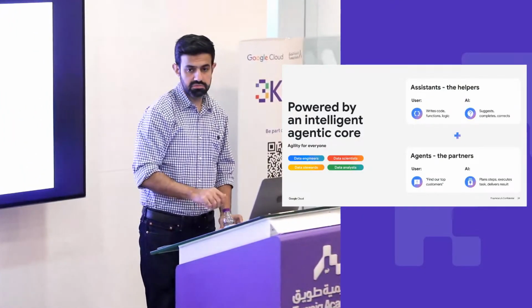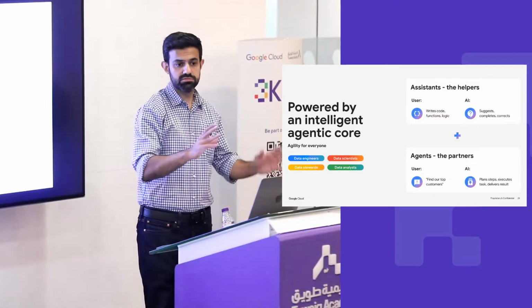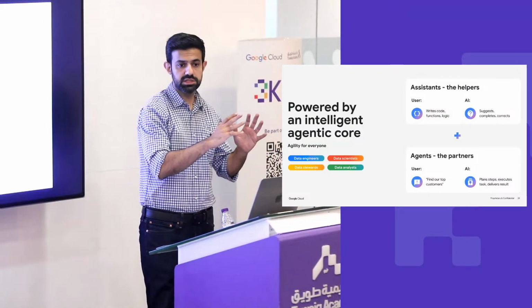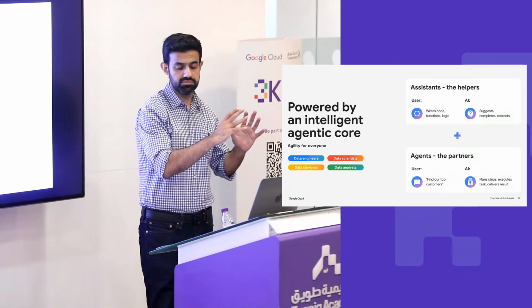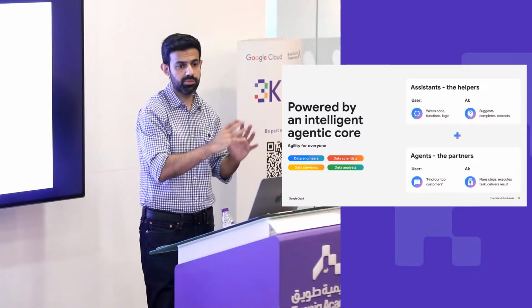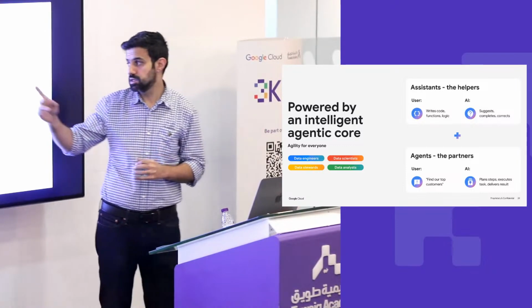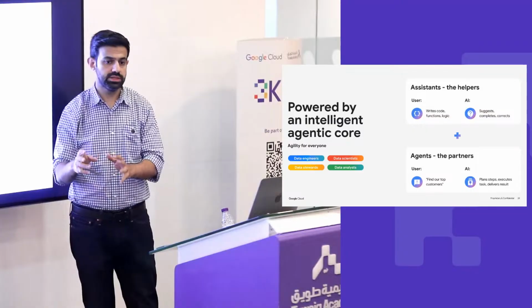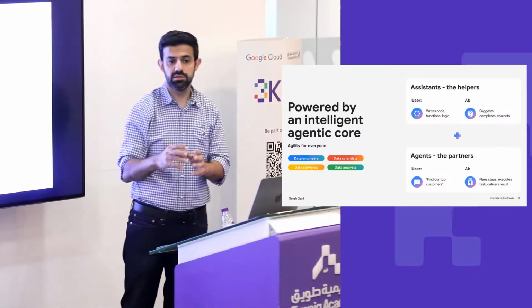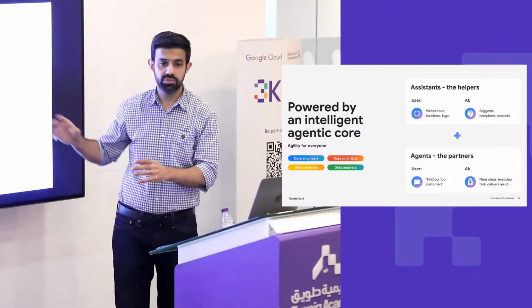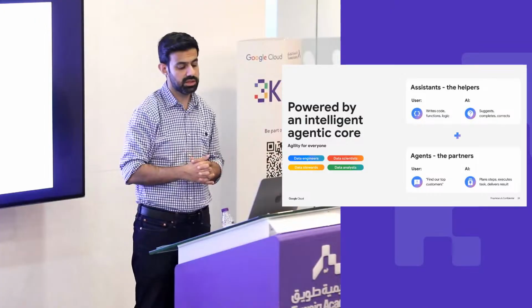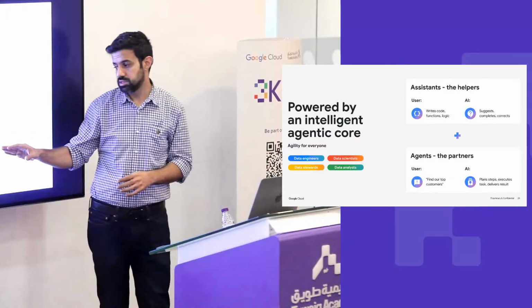In the assistants, which in this case are the Gemini, ChatGPT, and Anthropic, and all those, I'm just asking it to write some code, write something, complete something, write me an email, something like that. Whereas agents are